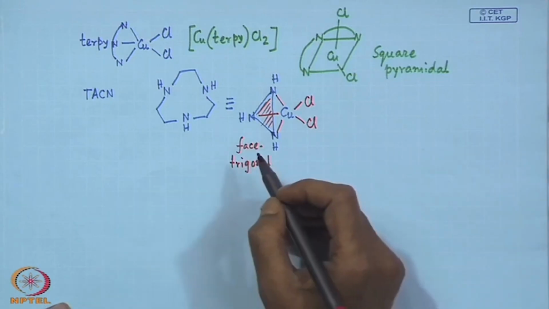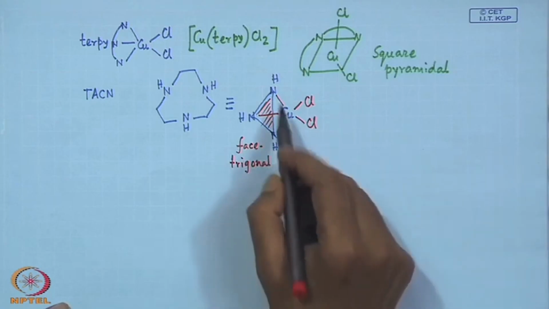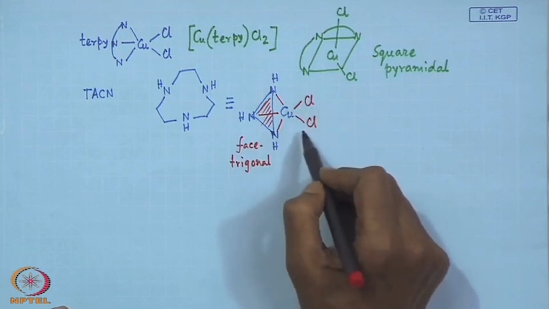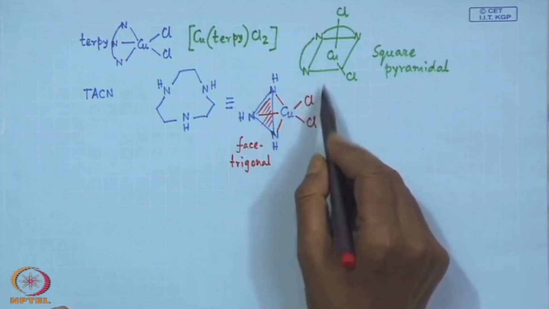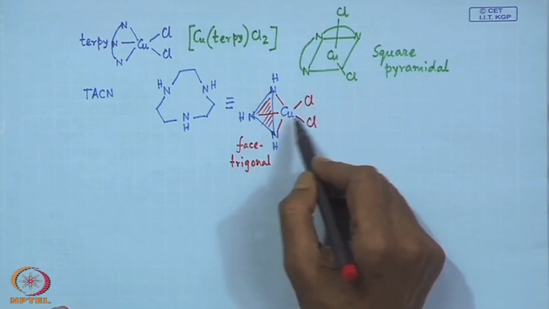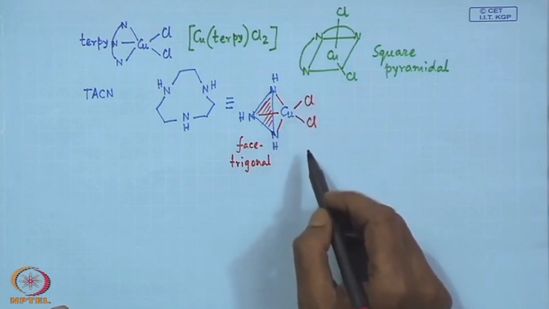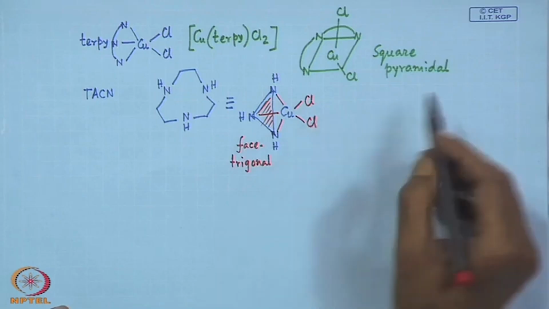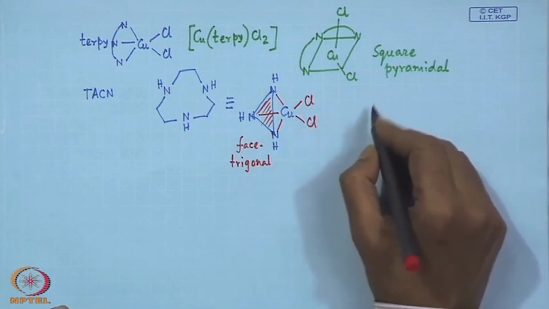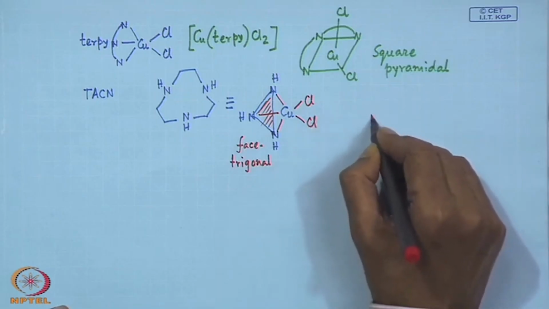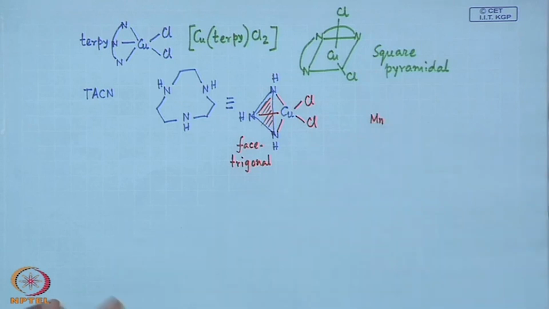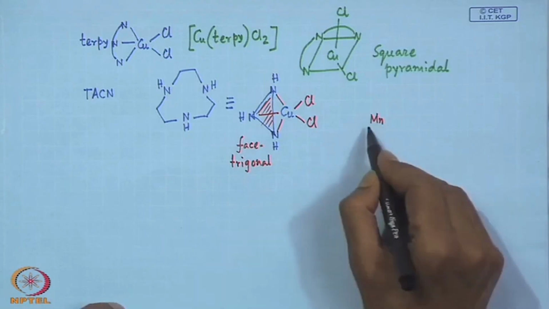So, one particular face is the trigonal face of the copper center, and 2 other positions are free. So, all the reactivity pattern for the DNA hydrolysis or any other thing can be achieved from the other side. Similarly, if a compound like manganese or anything which basically supports the octahedral geometry, when it supports the octahedral geometry,